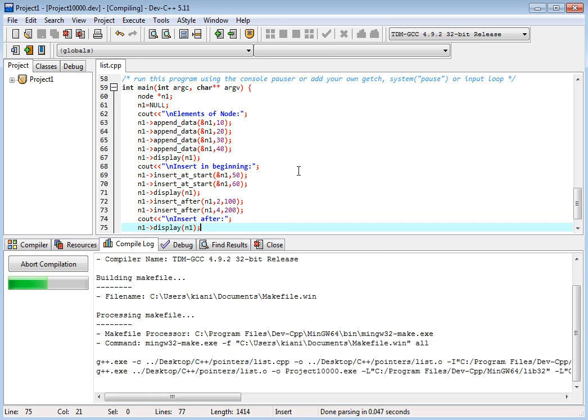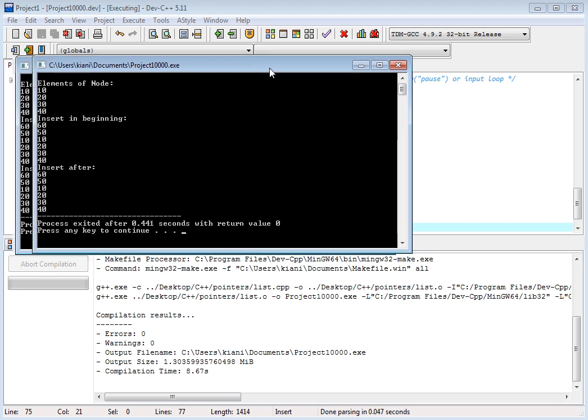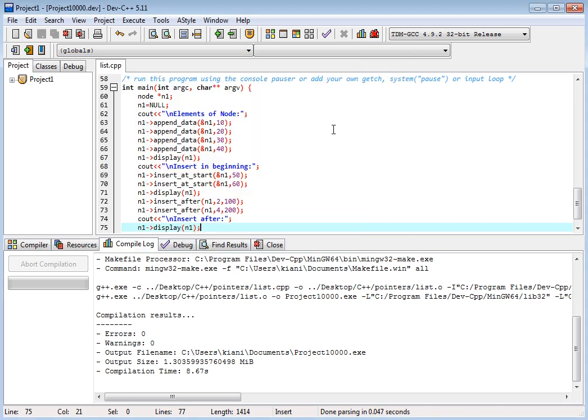We have now cout, new line, insert after demonstration, and we have n1 and display, this is n1.